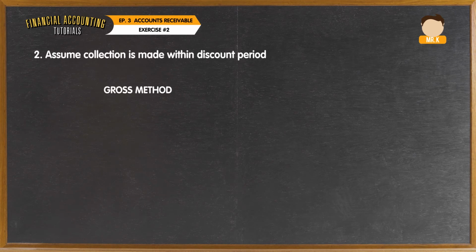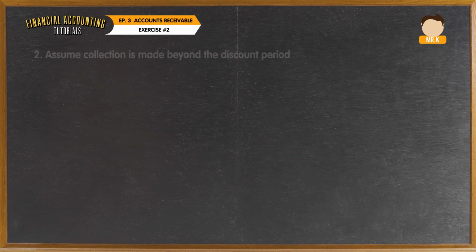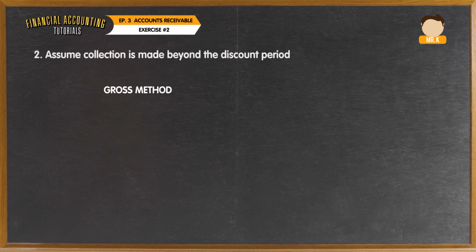a debit to cash on hand, 7,056 pesos, a debit to sales discounts, 144 pesos, and a credit to accounts receivable, 7,200 pesos. The sales discounts is computed by multiplying 7,200 by 2%. Under the net method, there would be a debit to cash on hand 7,056 pesos and a credit to accounts receivable 7,056 pesos. Now, assuming that the collection is made beyond the discount period, under the gross method there would